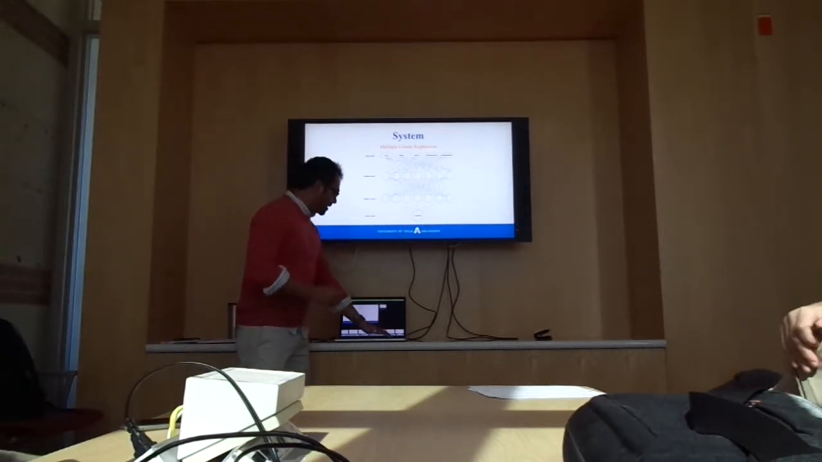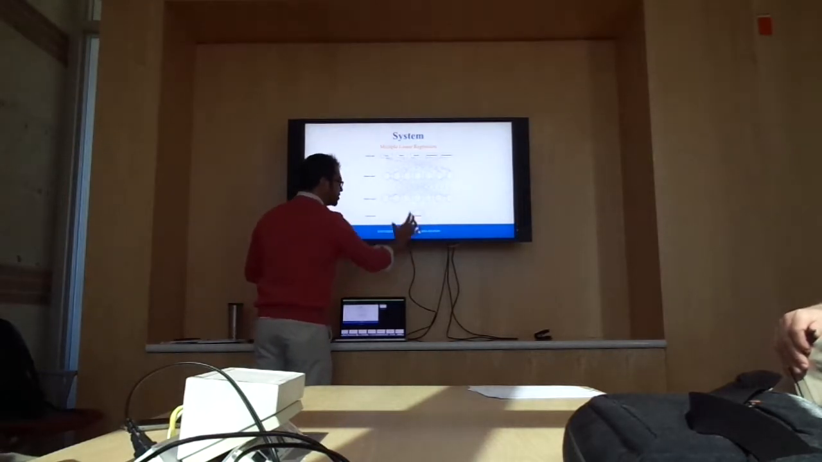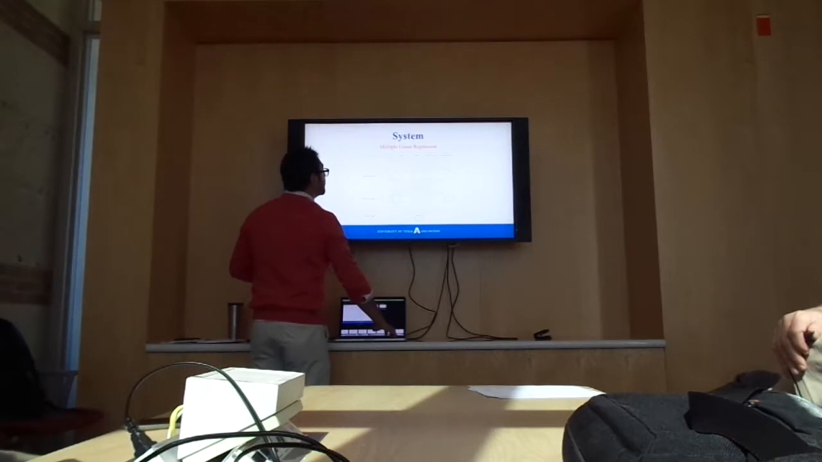So this is what a regression looks like, because at the end you've got one node or two nodes for either just one location or latitudes and longitudes. Moving ahead,